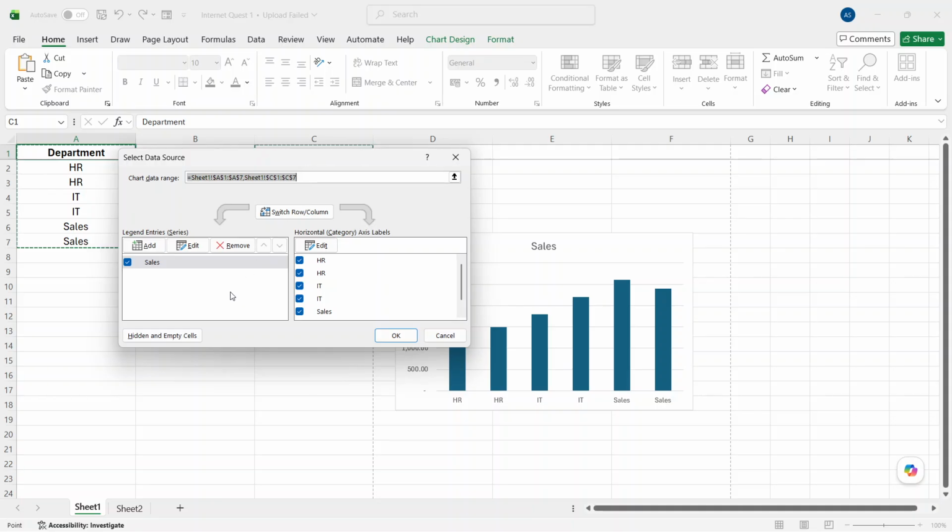Inside the Select Data Source dialog box, you have two main options, depending on what kind of data you want to remove. If you want to remove an entire data series, look under Legend Entries, also called Series. Click the series you no longer want to show, then click Remove. This is the best option when you want to take out a full line, bar group, or data set from